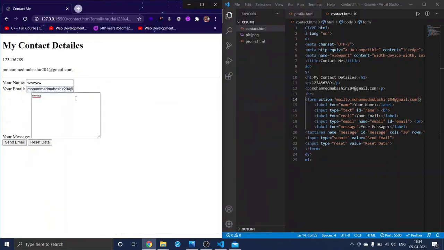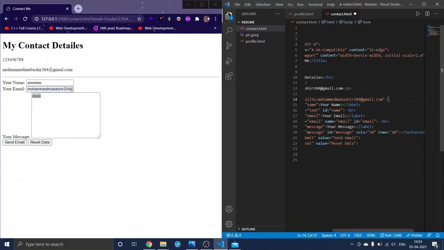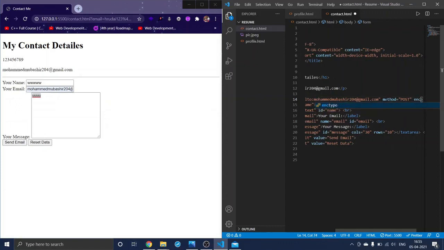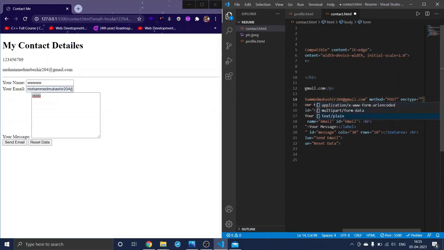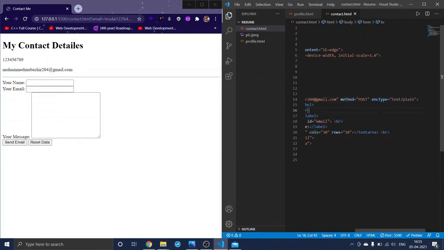And we also need this text, right? This message. So for that, what I will do is, I will use some attributes here, which is the method. First, you just need to write method and give the value as post. We will be talking about this later. And we also have one which says enctype, and you need to just write text/plain. Save this. Just you do this. We'll be talking about everything later in the server videos. In the backend, we'll be discussing the backend.